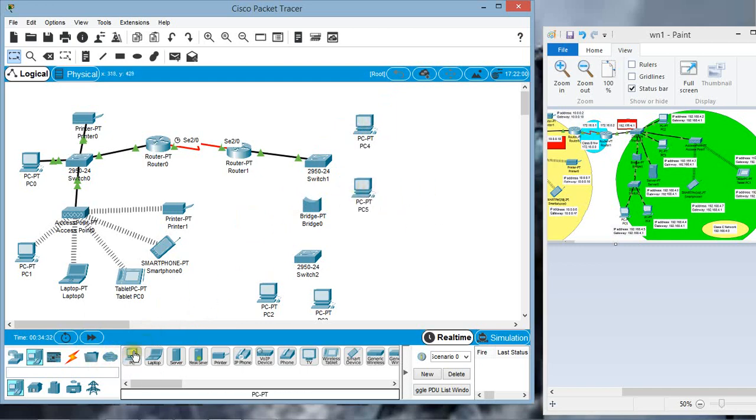Then let's take a server. Then let's take an access point, Access PT. Then let's take a few wireless devices.